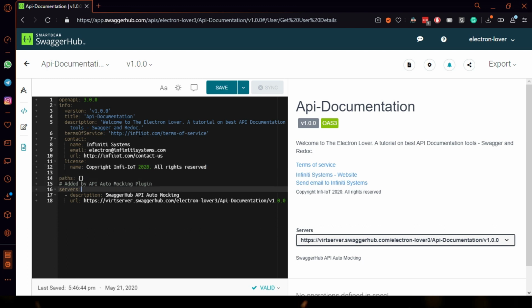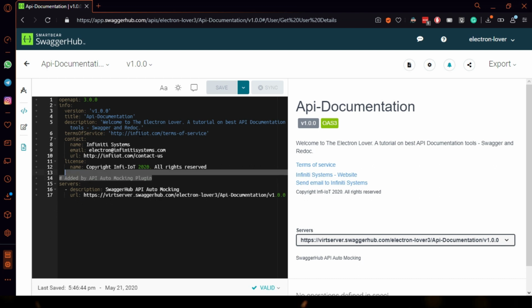We don't need these paths snippets, so just delete it.